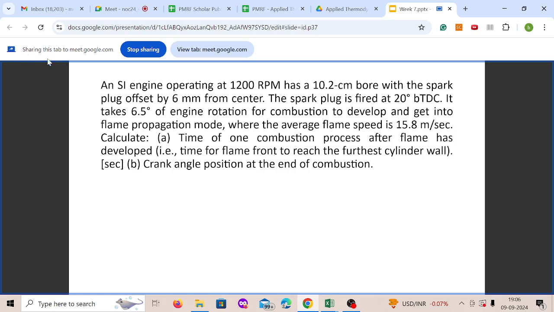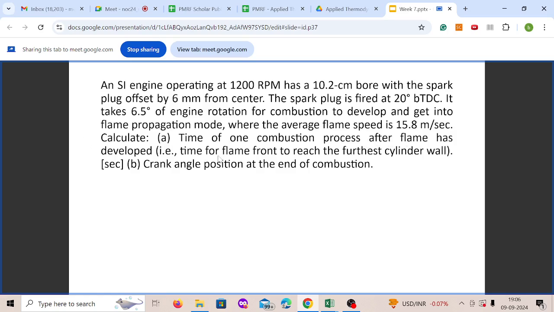So next is an SI engine operating at 12,000 rpm that has a 10.2 centimeter bore. The spark plug is offset by 6 mm from center and is fired at 20 degrees before top dead center. It takes 6.5 degrees of engine rotation for combustion to develop and get into flame propagation mode, where the average flame speed is 15.8 meters per second. Calculate the time of one combustion process after flame has developed,